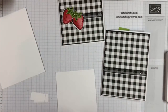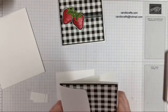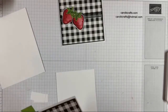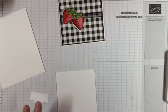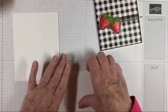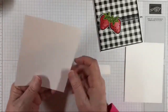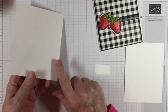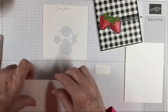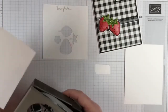We do have some rhinestones, but we'll get to that later. I'm going to get everything out of the way except what I'm going to be stamping on, because the less that I have out, the less likely it's going to get ink on it. Now, this 4 1/4 by 5 1/2, I'm going to go ahead and stamp, because we're going to use the technique of our template for our strawberries. And so I'm going to put one here